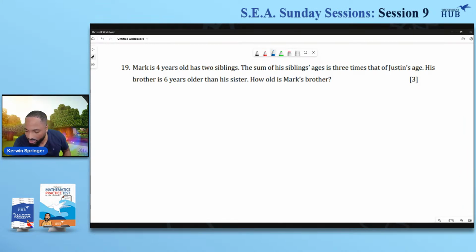How old is Mark? Okay, so this is similar to that last question in that they want to take me to planets and back, boy. So Mark is 4 years. His siblings